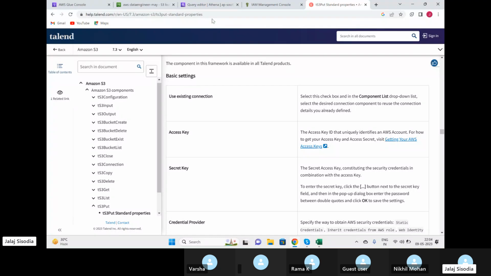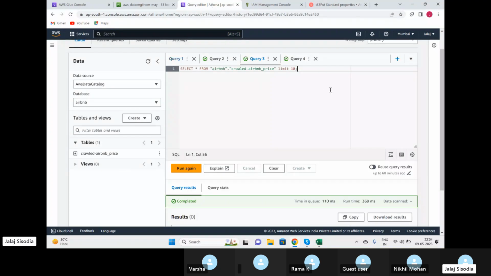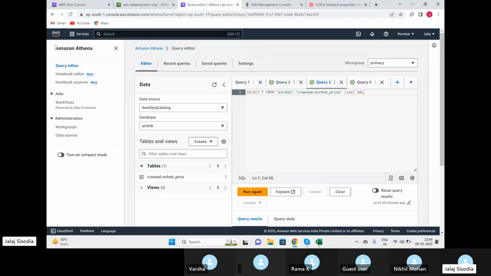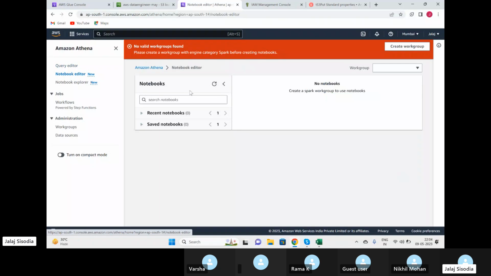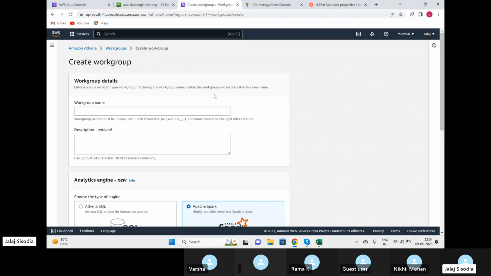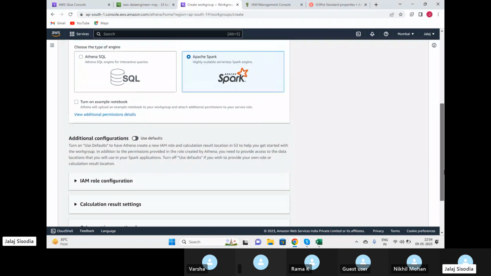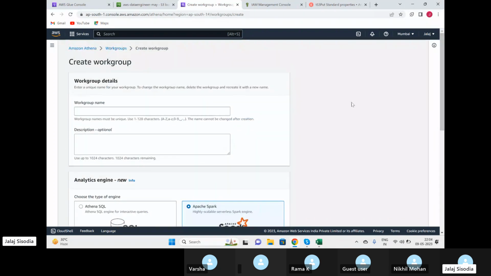And just recently they have announced, I think it was in preview till last week, I'm not sure, this notebook editor. It's there now. You can go ahead and create a work group. Maybe I can use primary. No, I cannot. I have to create a work group, and then I can use this and use Apache Spark over here. Then I can do some data transformations also using Athena. But this again,